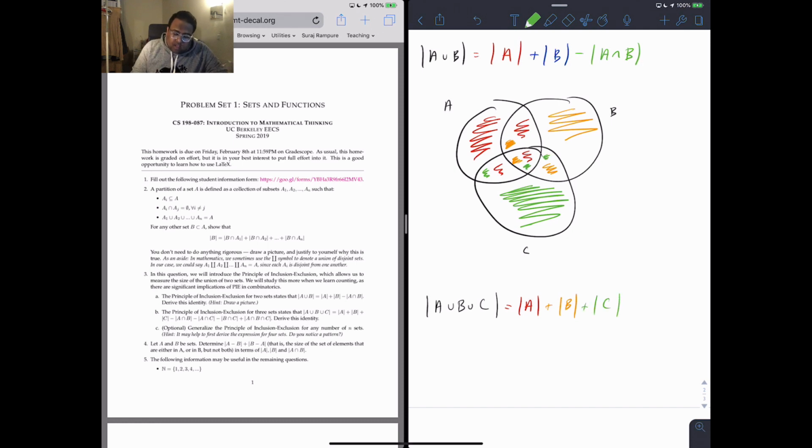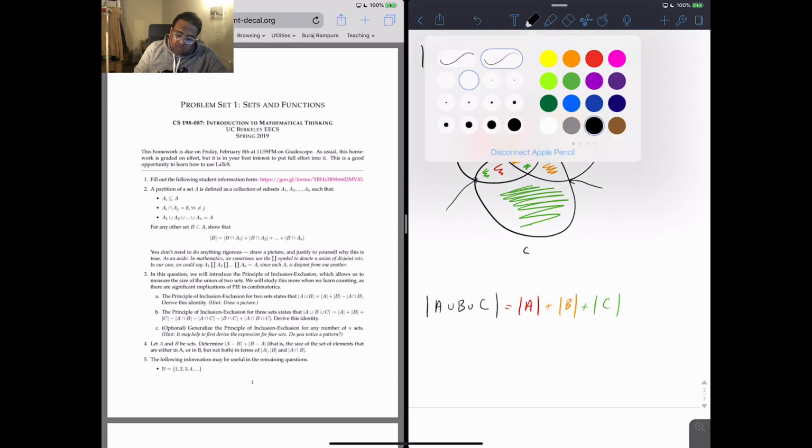Are we done? No, because all of the regions with overlaps have been at least double counted. The region that's overlapped just by A and C is counted twice, just by A and B is counted twice, and just by B and C is counted twice. And the triple overlap region in the middle is counted 3 times: once for cardinality of A, once for cardinality of B, and once for cardinality of C. So we need to adjust for that because we want each region in our Venn diagram to be counted exactly